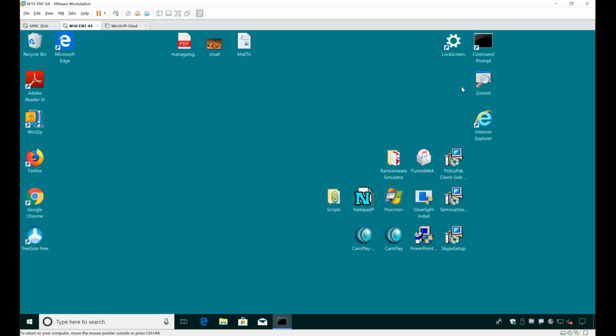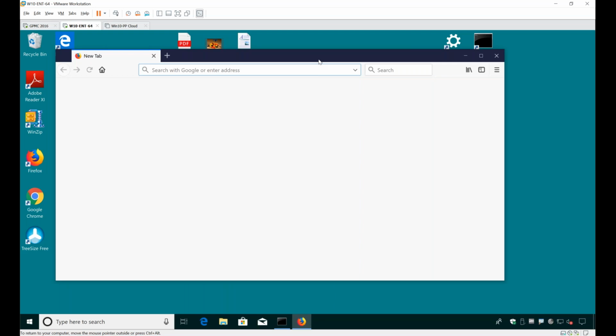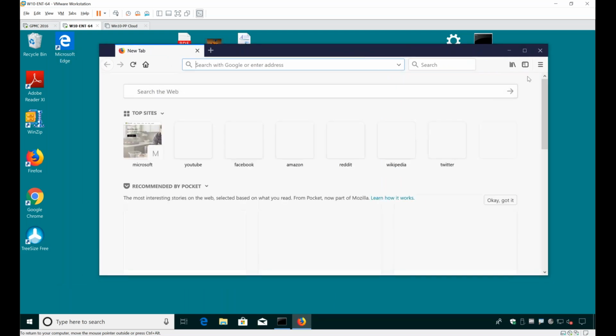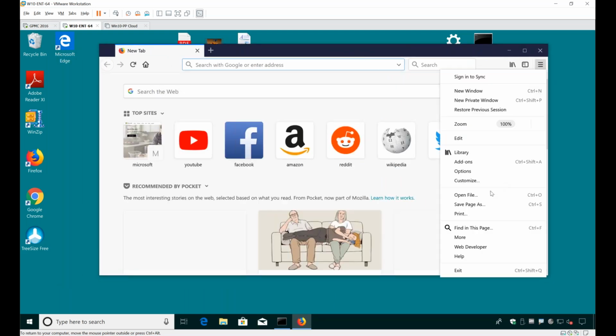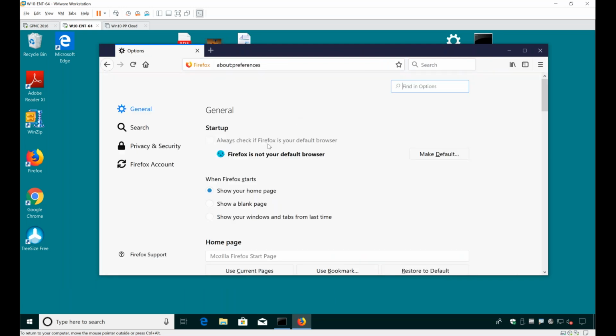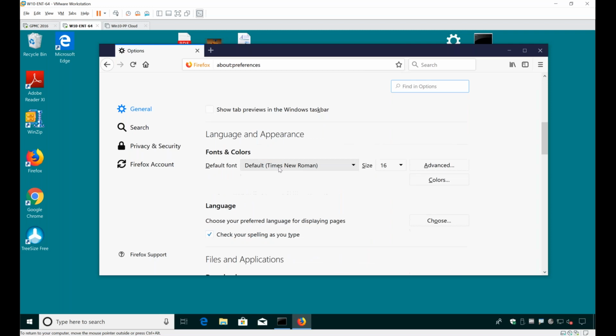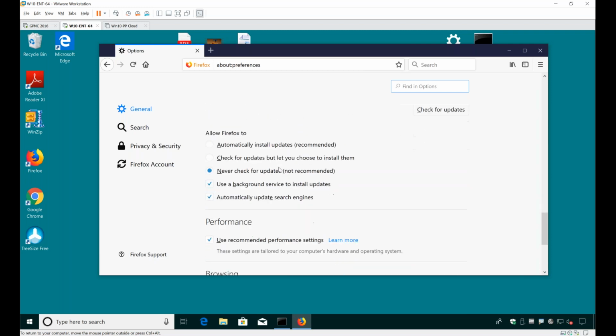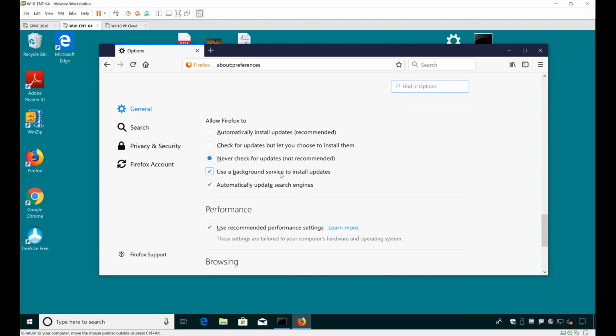So let's set the stage for the first thing I want to talk about: applications and their settings, and how users love to work around those settings because they're naughty and don't like you or something. For instance, if I go to Firefox here and go to Tools, Options, we all know we don't want Firefox asking for updates all the time. That's a huge pain in the neck. Nobody wants to get that pop-up in their face.